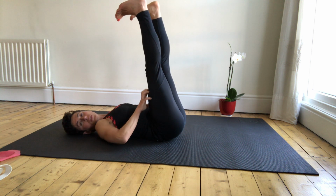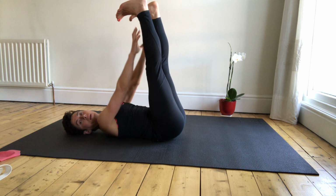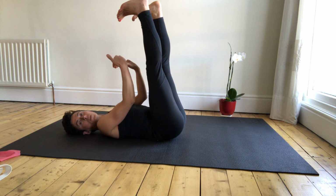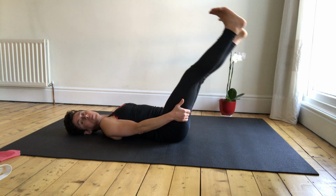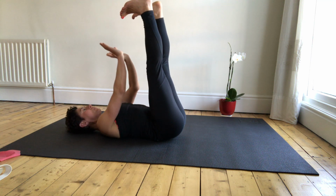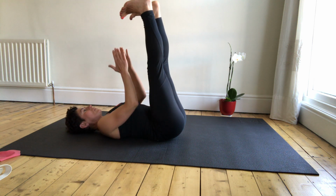So feeling that strong tension coming from the front of the thigh to help me extend the knee. That strong tension coming down the shins, helping me to flex the feet. Using the hands at the back of the legs if you feel that the hips are very tight, so the legs tend to drop down and it starts loading into the back. So keeping them up high above the hips, allowing them to lengthen with the breath,